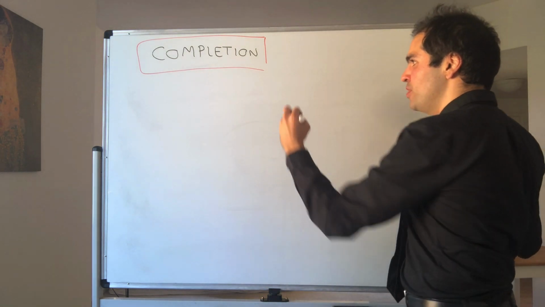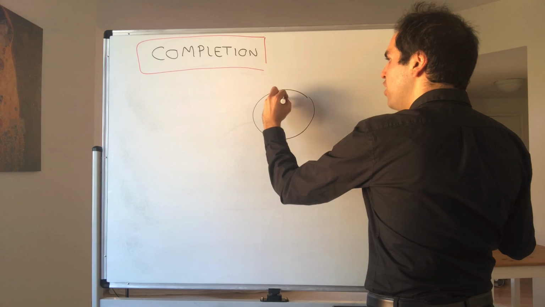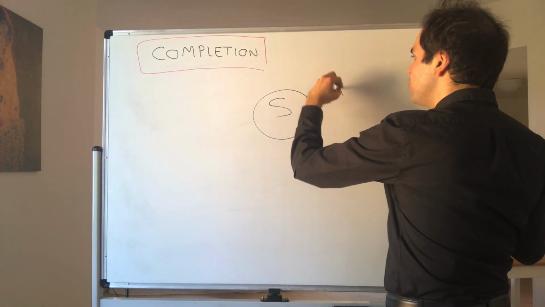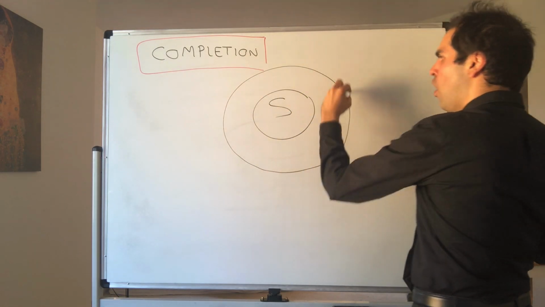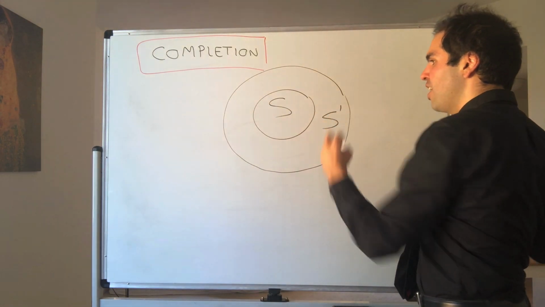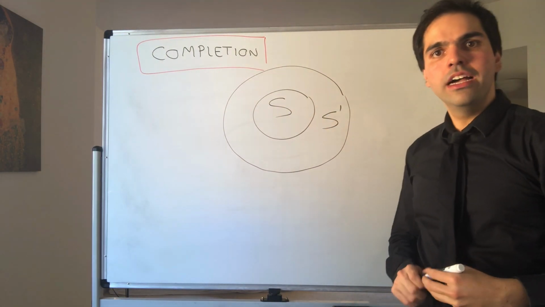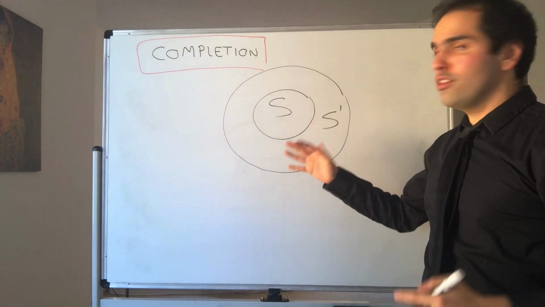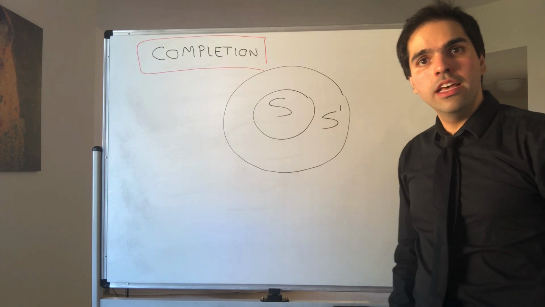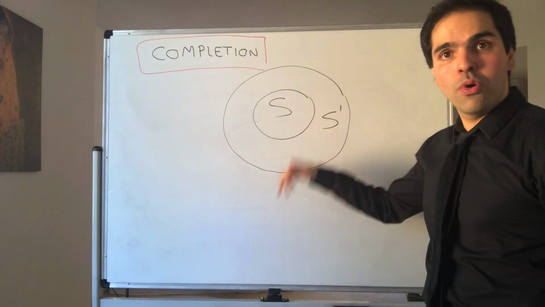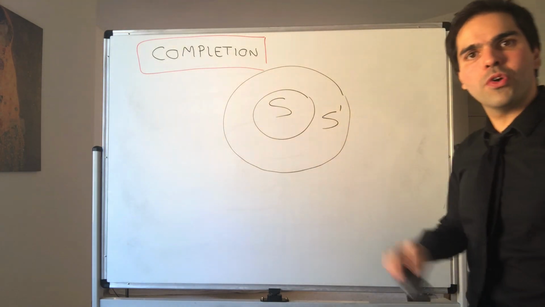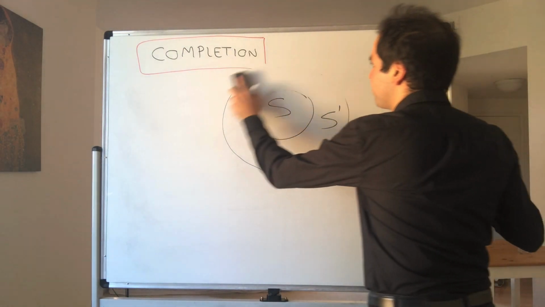Namely, any metric space S, no matter how incomplete, can always be completed. That is, there's always going to be a larger metric space that contains S such that that larger metric space is complete. In other words, the fact that we can complete the rational numbers to get the real numbers isn't very surprising. This holds really for any metric space. But we just have to be a bit more careful, and you'll see why.